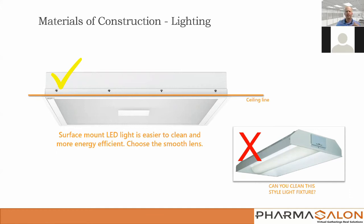A friend of mine sent me these pictures saying, hey, I just got approved by the state board, USP compliant. First of all, I didn't even realize that state was even inspecting to that standard, but they were for whatever reason. I think maybe it was a little preliminary. I said, all right, cool. Send me some pictures. I'd love to see how it shaped out, because I actually didn't consult on the project. And this troffer, or this light fixture, is exactly what they had inside of that USP 800